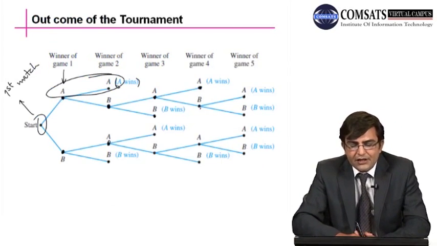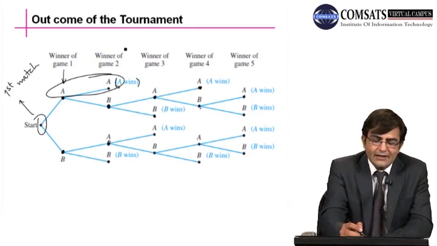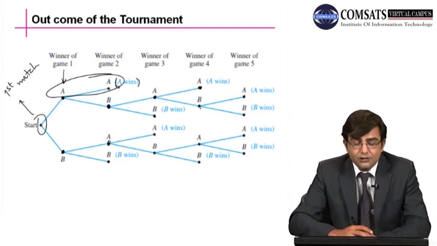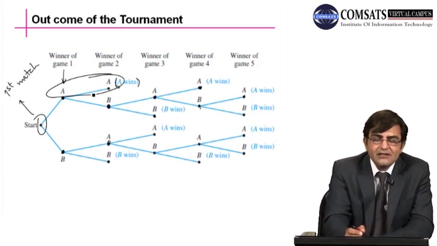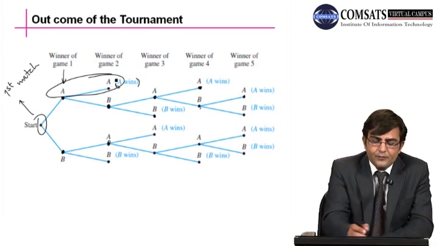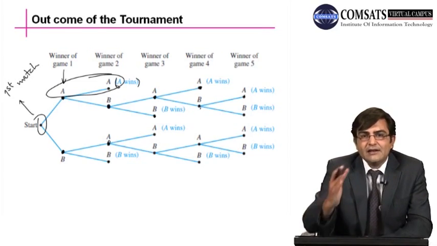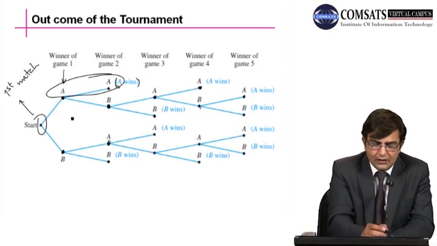So both teams must play at the most 5 games to decide a winner of the tournament, or at least 2 games to decide the winner of the tournament, because in two games, if A wins the first and second game, then A is the winner of the tournament because A has won the two consecutive games. If not, then they'll play at most 5 games to decide a winner of the tournament. So this we have discussed